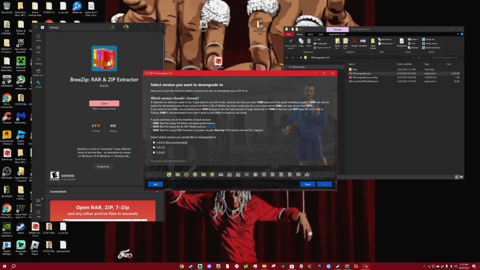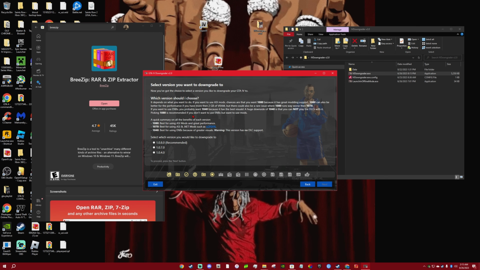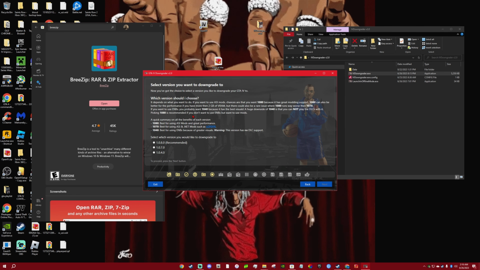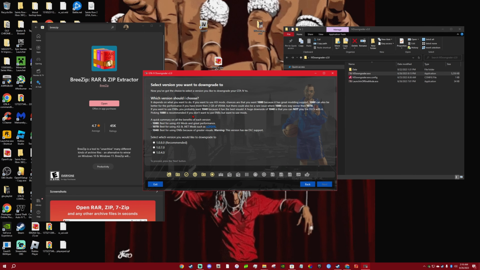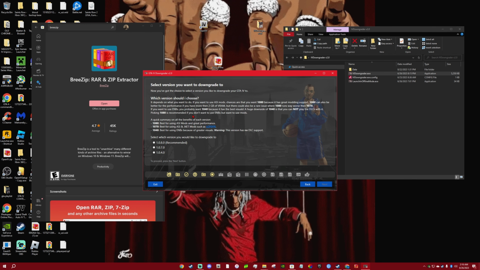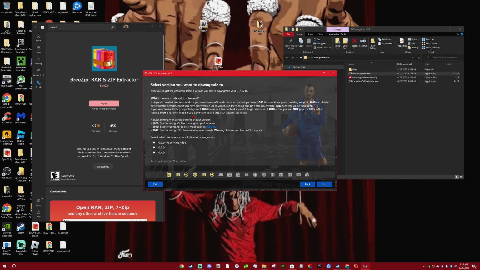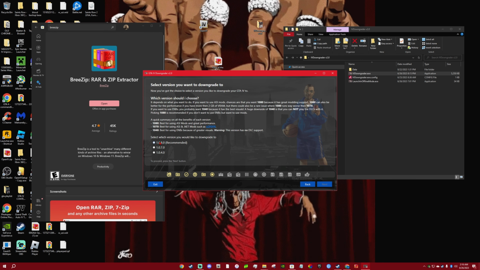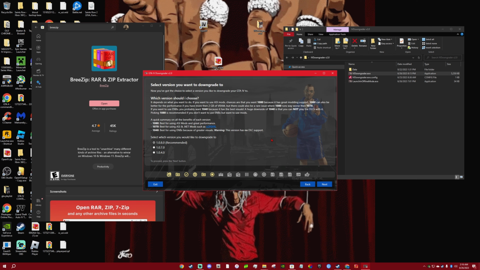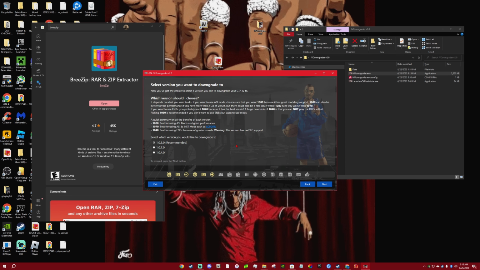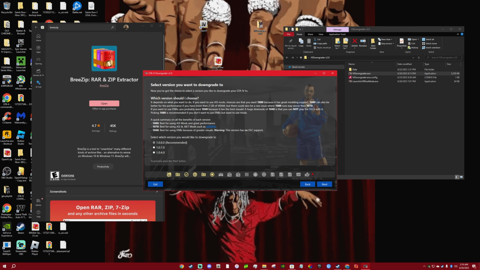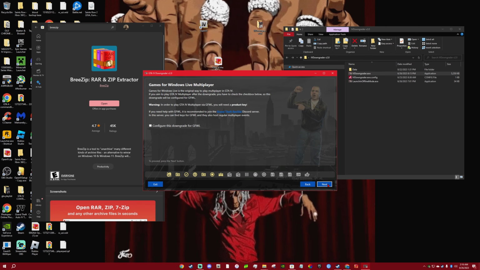Which version should I choose? Okay, so this screen right here just explains to you all the different versions of GTA 4 and what they're best for. Once again, I'm not going to sit here and read through all of this for y'all. Y'all can pause and read it yourself, but I am going to pick 1.0.8 for the sake of this video. I'm going to pick 1.0.8 because that's the common one, the most recommended one, the one that majority of everybody uses, right? So I'm just going to click that one.